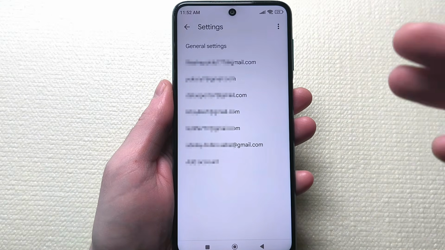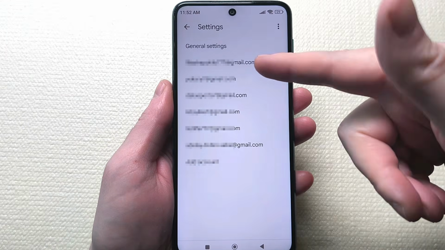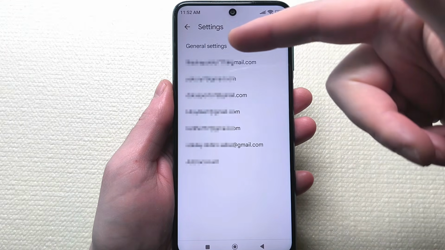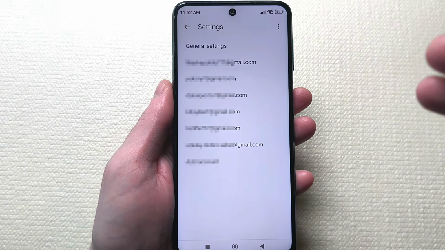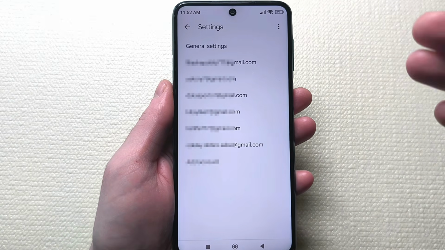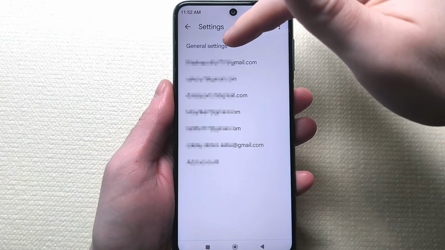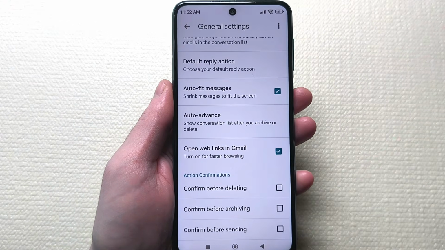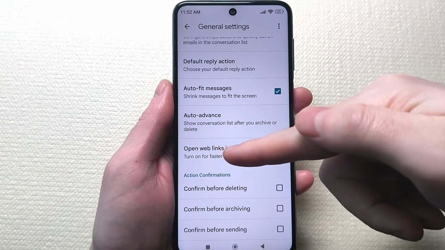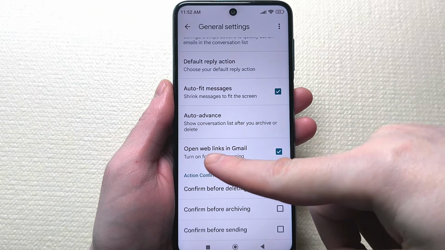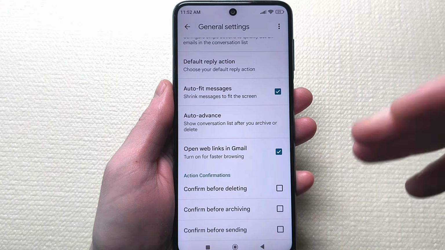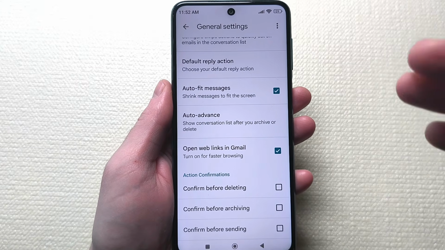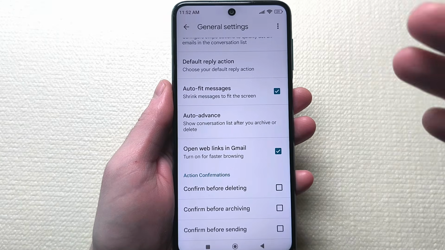These settings apply to each account individually. And then there are general settings. We need to go to both, but let's take it one step at a time. Let's start with the general settings. Click here, then scroll down and find a setting called Open Links in a window. Gmail speeds up web browsing. This is, let's say, a good thing on the one hand. Yes, it might speed up web browsing, but on the other hand,